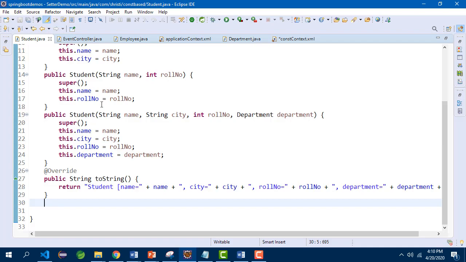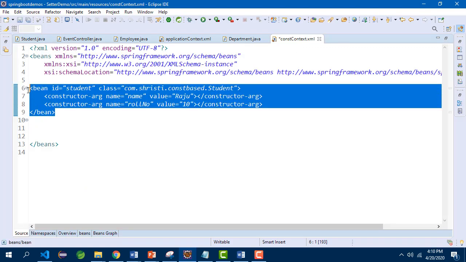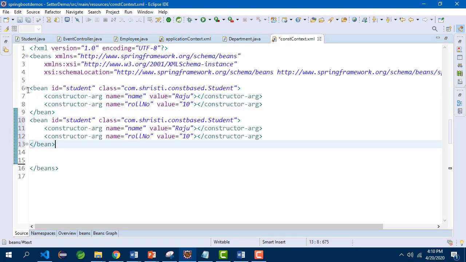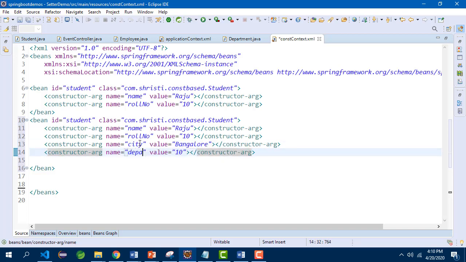Let us also try to create one more bean where we have name, city, roll number and department as parameter. So let me just copy this, Control C, Control V. I have got roll number, and together with that I need two more parameters. One is for city and one is for department. So here the name is department. What is the next attribute? Because this is of type department class itself, you cannot use value, you need to use reference.